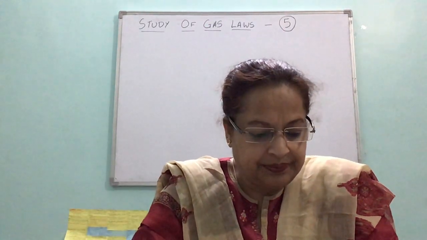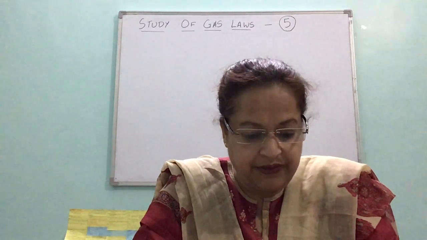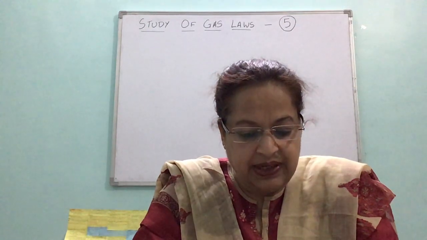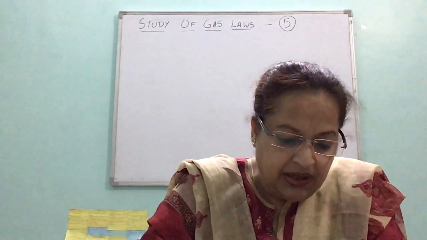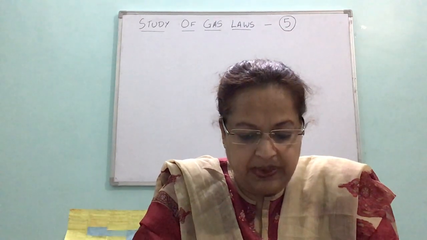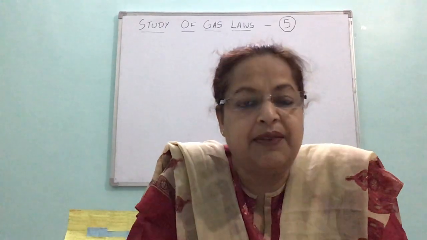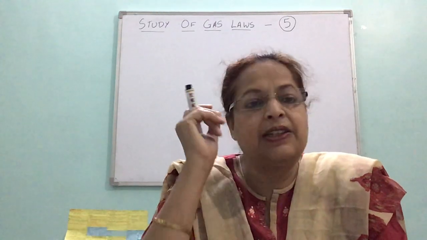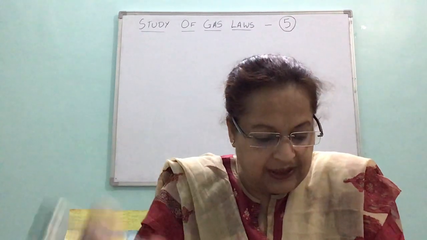It goes like this. A certain mass of gas occupied 850 milliliter, ml is the unit for volume, at a pressure of 760 millimeter of mercury. That means this is pressure. So they have given volume and pressure. Then on increasing the pressure, I think I have done this question. Question number 6, I have done it in one of my lectures. I have done it while I was explaining you Boyle's law. So let's take question number 7.